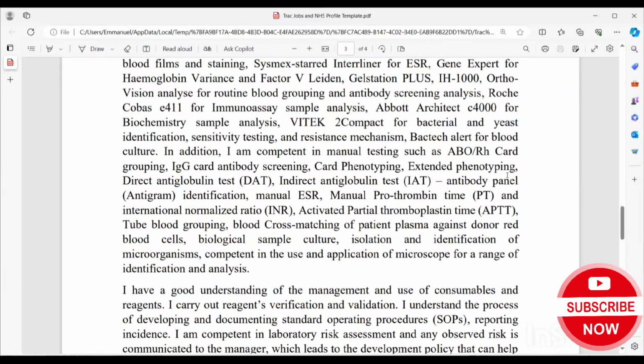Imagine a laboratory manager hearing you mentioning extended phenotype. If you know what that means, the person will be like, this person even knows extended phenotyping. Extended phenotype basically means that there's a routine phenotype. So when we have done our investigation, it looks like we now need to do extended phenotype. Then you can do extended phenotype like Fya or MNS, or some of these antibodies that are not routine. The routine ones are anti-C, anti-big C, small c, big E, small e, and K. These are routine. Anything outside these is extended phenotyping. So by the time you mention that, that will resonate with them.